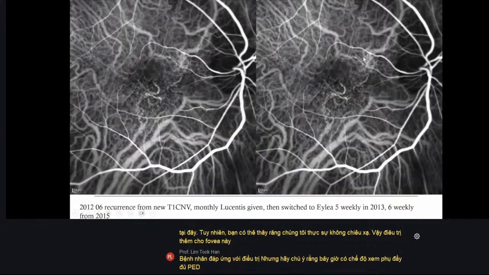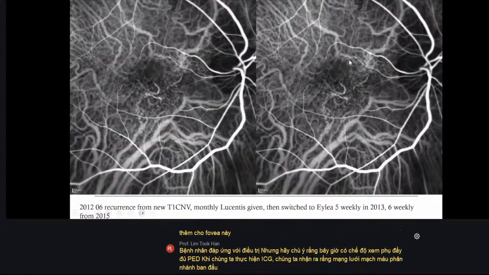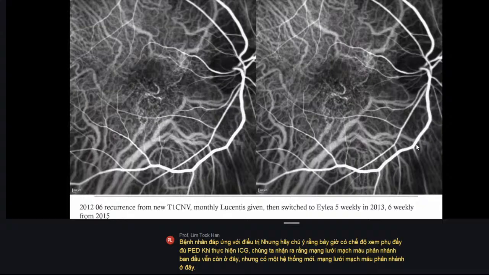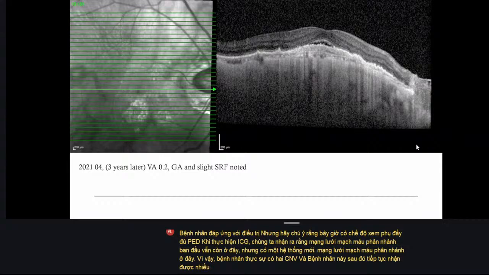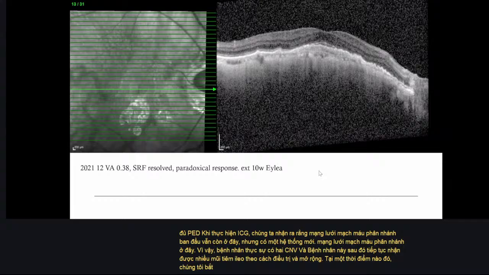When we do ICG, you realize that the original branching vascular network is here, but there's a new branching vascular network over here. So the patient actually has 2 CNV. And this patient then went on to receive many Eylea injections in a treat and extend manner. At some point, we started to realize that the patient is developing this area of geographic atrophy in the infrared